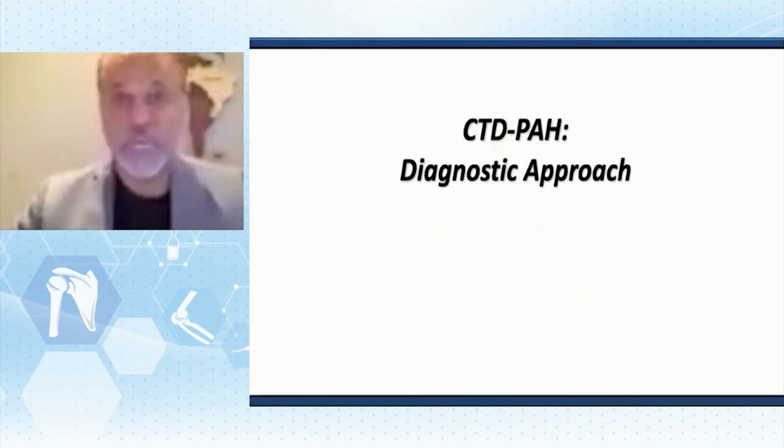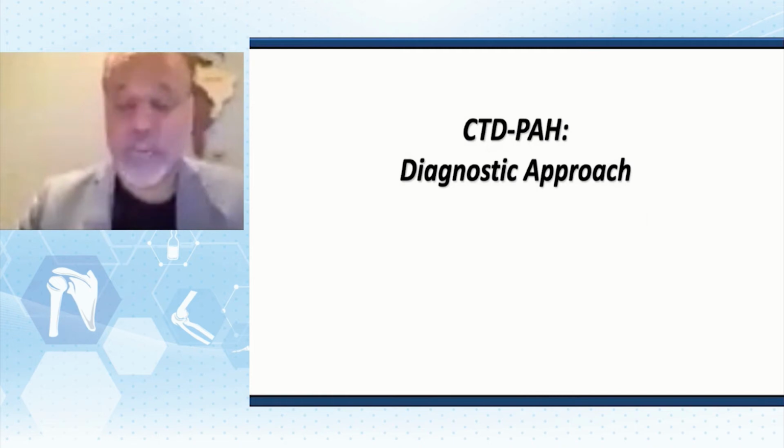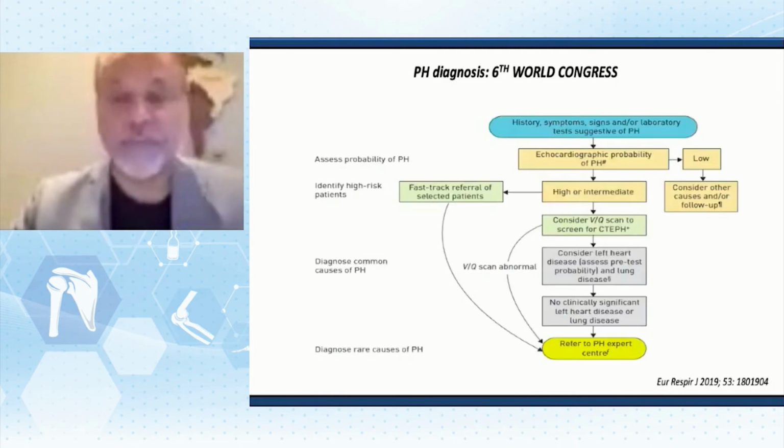And of course, I don't need to say that screening means patients who have no symptoms. They only have scleroderma, but they have no pulmonary symptoms whatsoever. However, if the patient has symptoms, then we need to put them into a diagnostic algorithm trying to pick that up. And now the diagnostic algorithm has been really summarized in the recent Sixth World Congress. Basically, patients who have symptoms should go for echo. If you have high risk for PH, then